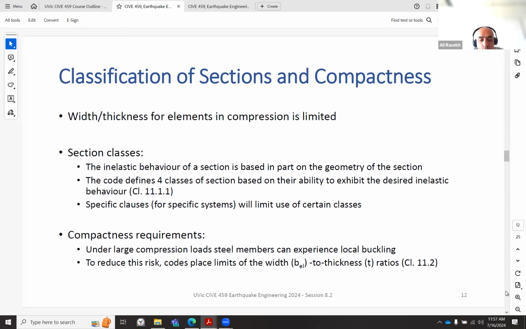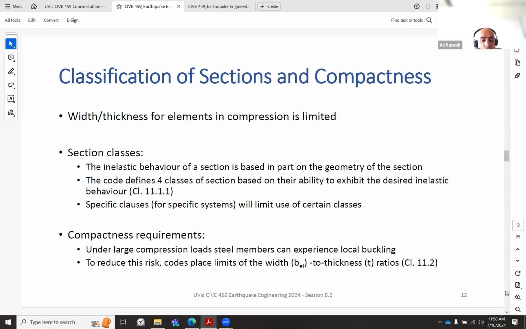Specific clauses for specific systems will limit the use of certain classes. So when you are reviewing your section 27, it tells you not to use certain classes for high ductility. Then you can go back to clause 11.1.1 and read how to